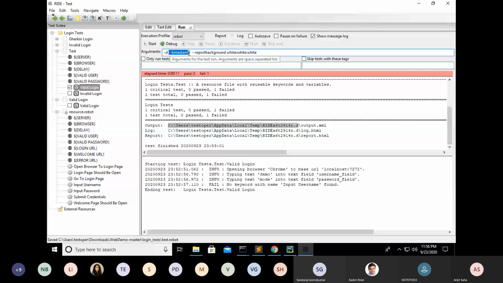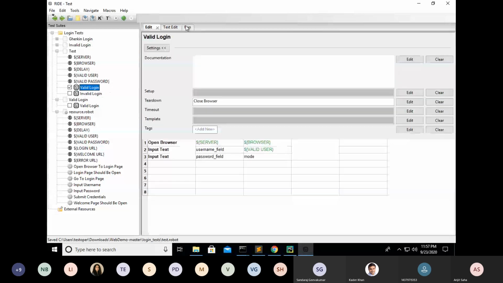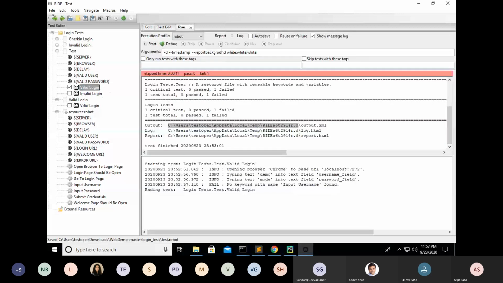So this is actually a syntax for Robot Framework. These arguments are not for the test cases. The test cases don't have anything to do with these arguments. This is essentially a run execution argument. The argument changes the execution profile. So if we execute this now,